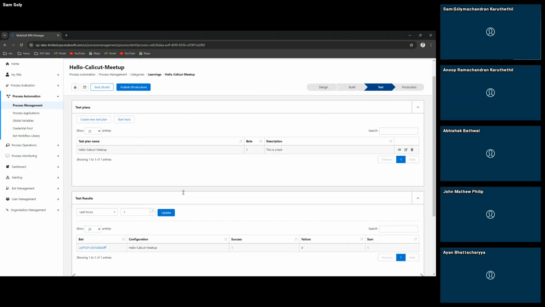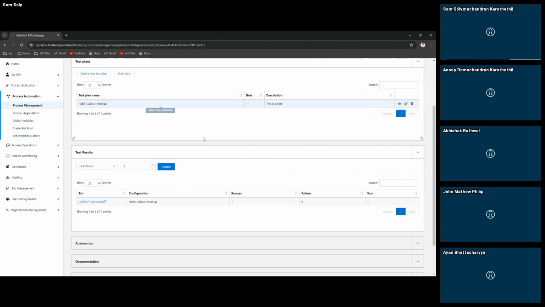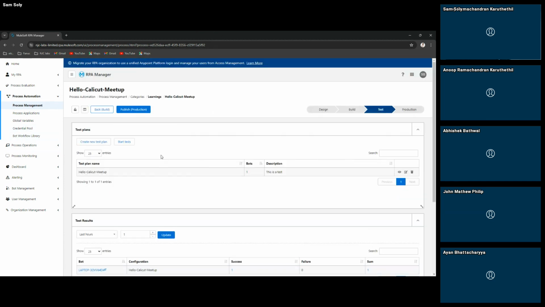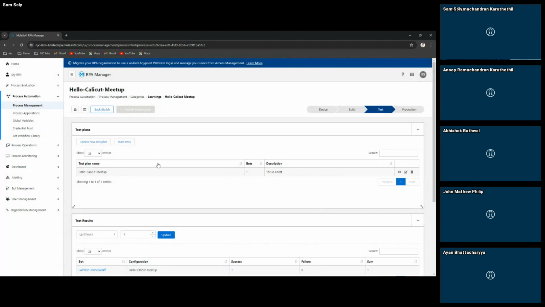Now, if you're happy with the test, we could move it to a production phase. Are we clear till this point? Fine. So once we have finished the test, we move to production mode. For production mode, there were certain pre-settings that had to be done. I'll show how to move this to production, but I already have a sample production running. So if we set this to production and say release to production,